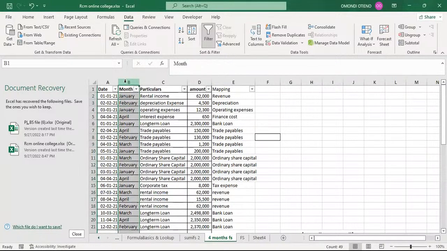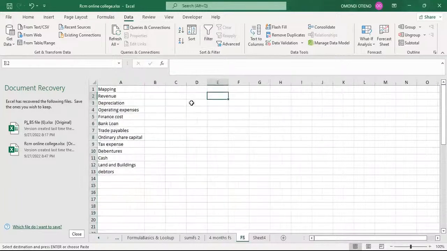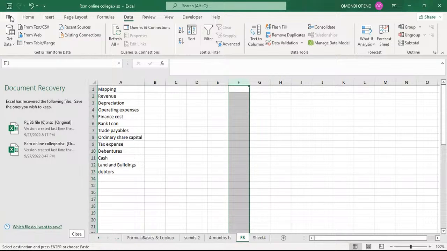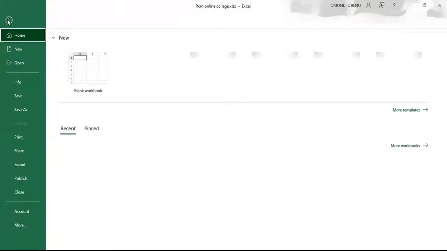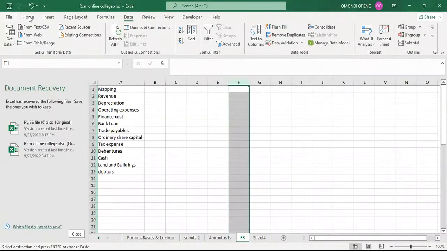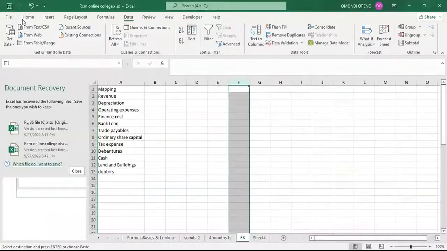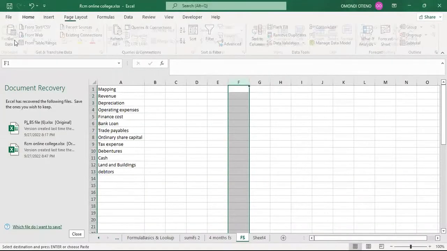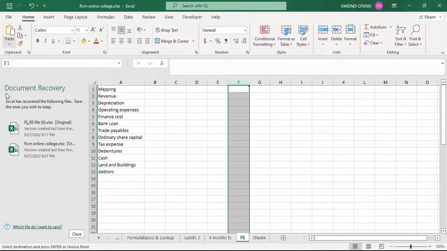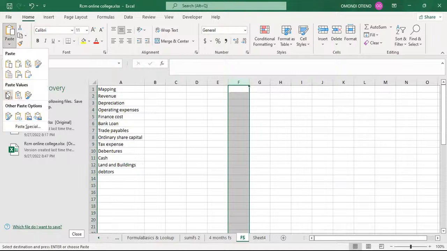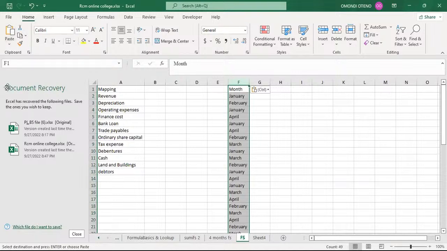So come here, Control C, move to this other worksheet. Just place it somewhere there. Somewhere there, go to Home, paste special. You want to paste values. Having done that, the same procedure for the